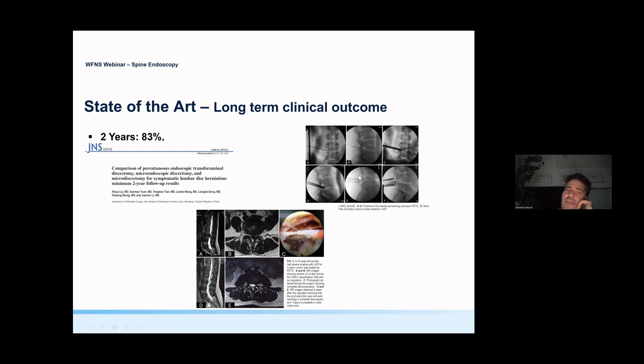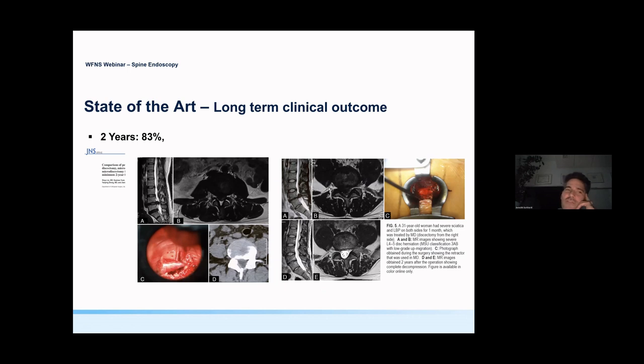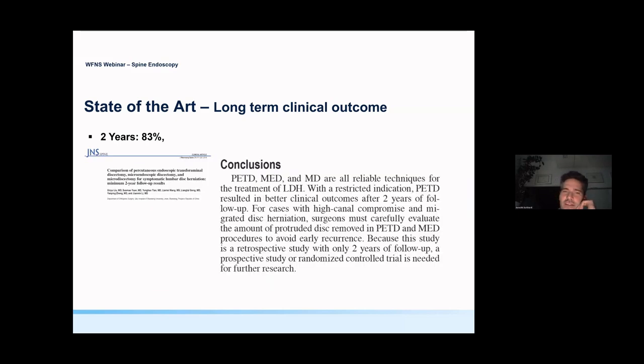You can see here the microendoscopic approach and the microsurgical approach for disc herniations. And over a 2-year span, all these techniques that have been used for the treatment of disc herniations overall had the same clinical outcome. There was no significant difference in reoperation rates with either one compared to the other. It was stated that if you have a high canal compromise or the disc herniation is